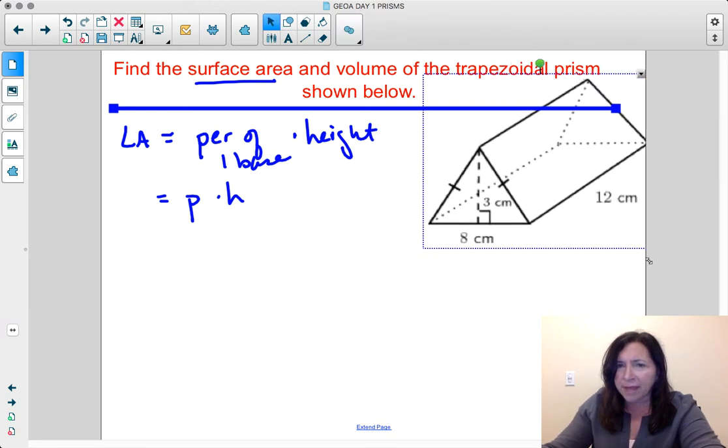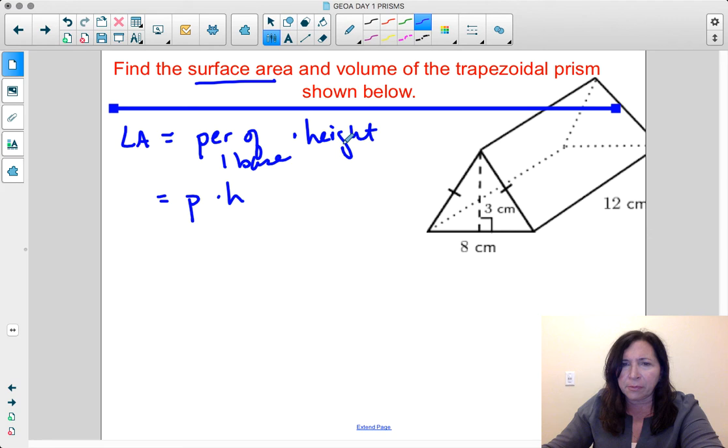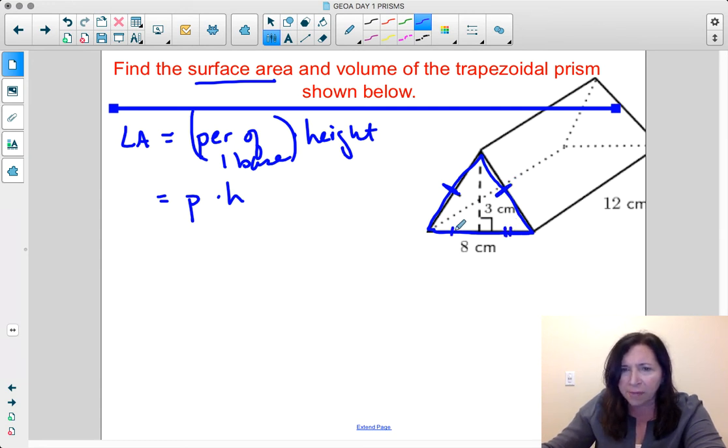And the reason why it's slightly tricky is because for me to find the perimeter, all I have is 8, and I don't have the lengths of my sides. So for me to find the perimeter, I have to add up all the sides around, okay? So the perimeter of one base is what I'm working on right now. So I know that this, though, is, if this is isosceles, that means that this comes down at an altitude, and that cuts my base into 2 equal parts, which now makes that a 4 right here. And this also is going to be a 4 to make the 8. Then I see that this is 3. My height is 3,